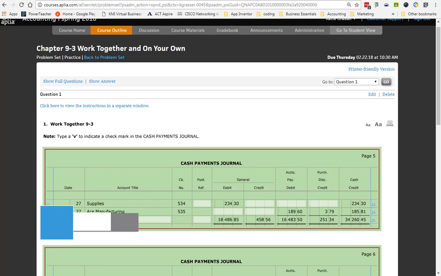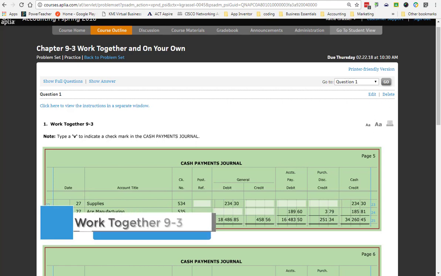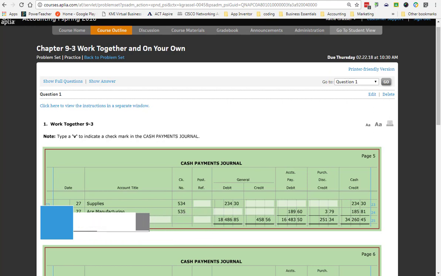Okay, Work Together 9-3. If we look at Work Together 9-3, it is a cash payments journal, which is what we did yesterday. The only thing that goes in a cash payments journal is when we write out a check. There would be the one time a month when the money going out is something not a check,